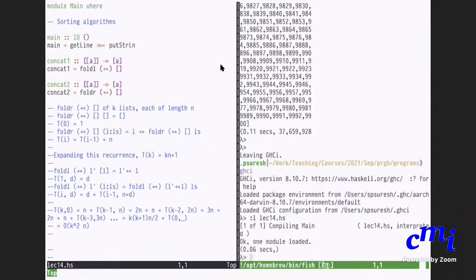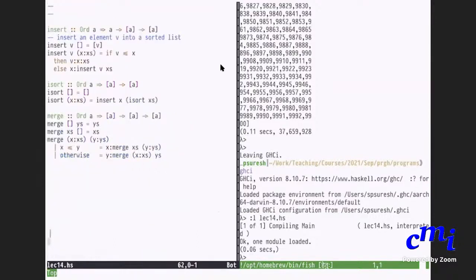Anyway, yes. Okay, what did I want to do? Merge. Merge is fine. Okay, so let me go here. I have merge. How do I sort using merge? M sort, I want to call it. Remember, I said that you have to split your list into 2 lists of almost equal size, and then sort both halves and then merge them.